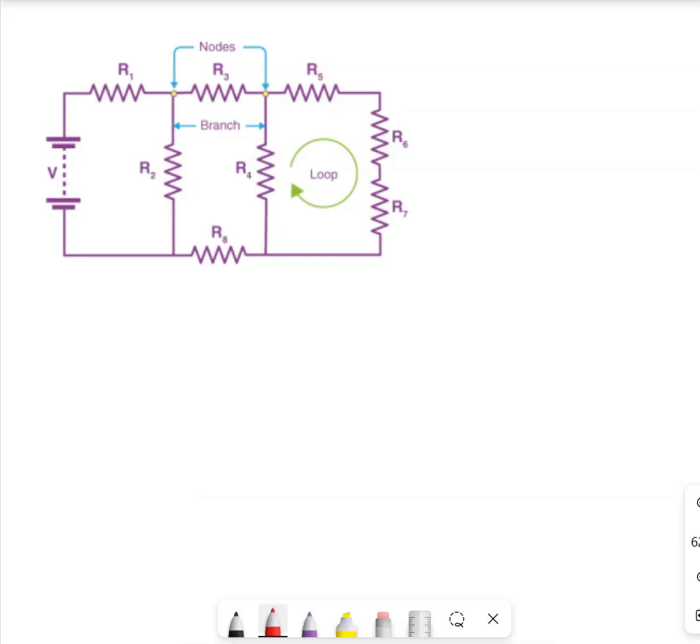For this circuit, we are trying to analyze the current and the voltage of each branch and each of the resistors, right? So here is the voltage source or potential source. So here actually the picture present